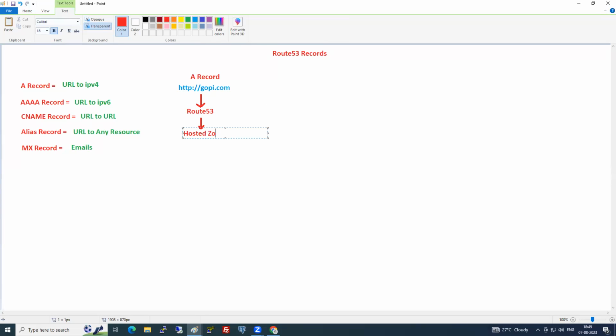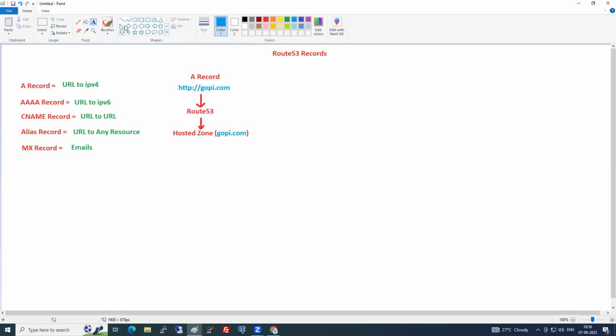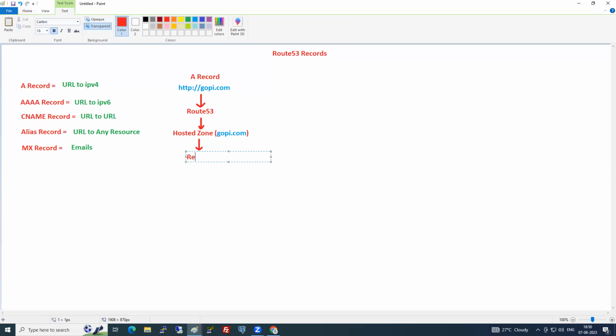The request goes to the hosted zone based on the name, gopi.com. And what does the hosted zone contain? Records. So it goes to the records.